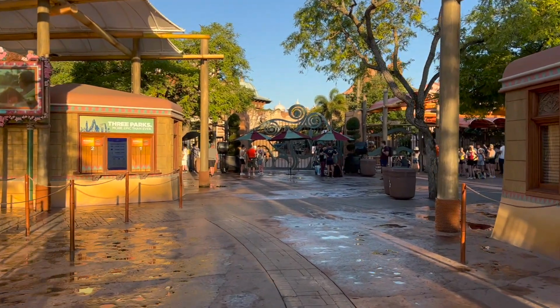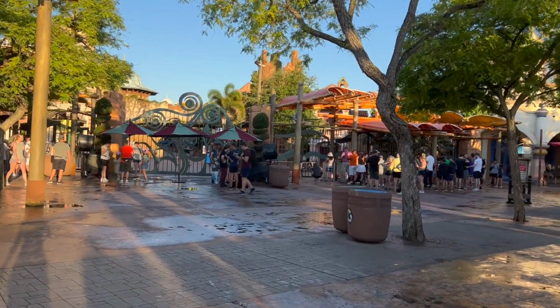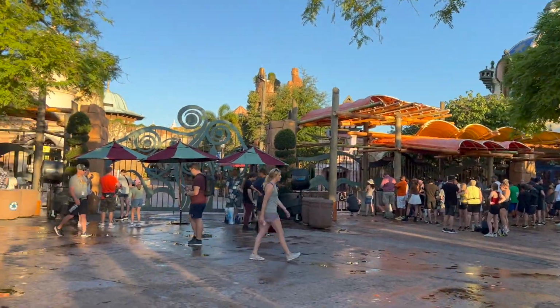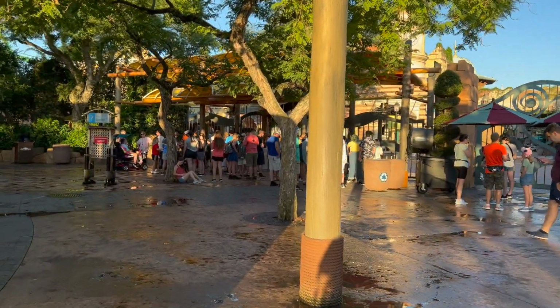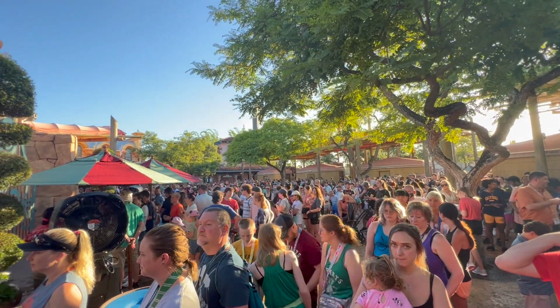It is currently 7:09 a.m. Early park admission begins at 8 a.m. The park opens at 9. And these are the crowds so far. Not bad at all. Early park admission is for guests staying at a Universal resort, or if you're an annual pass holder,